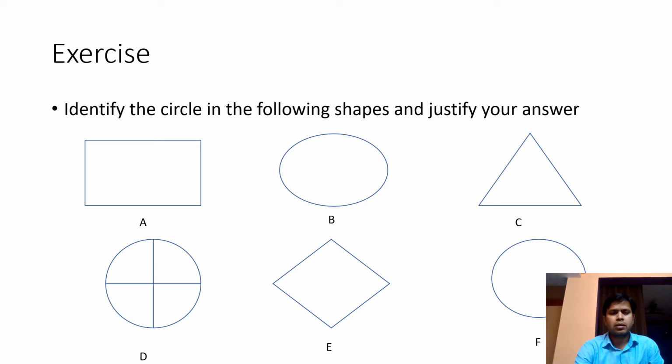Is this a circle or not? Let's suppose this is a circle, and this is point O, which is the center of the circle. All the lines from this center to the boundary of the circle